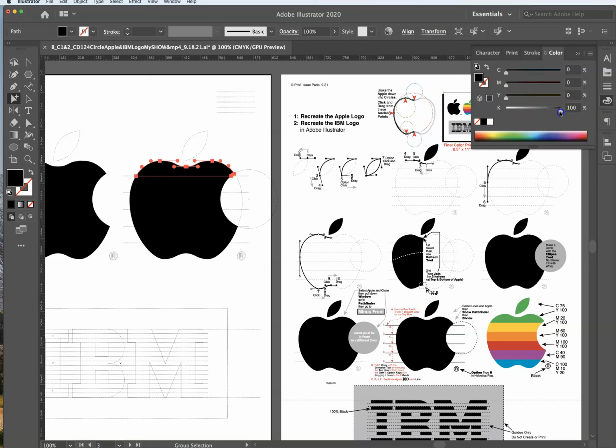I don't want that. I want to take that out. And now I want to put 75 cyan and 100% yellow. Just go by these mixtures. So I click on that top one, which is already selected. I'm going to make 75. You can either drag to 75